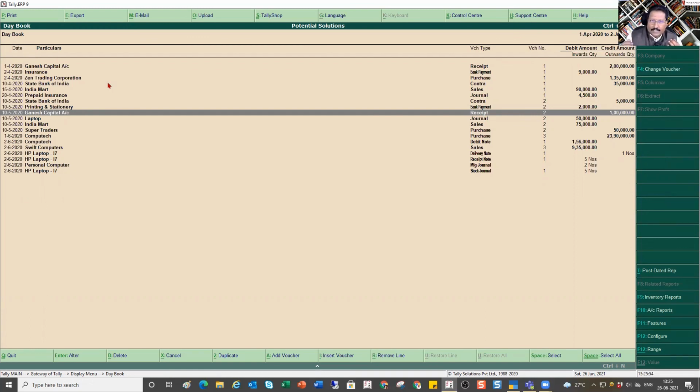So this way, I hope this session would have given you an idea of how you can manage your vouchers with these various exceptions. And let's meet again in our next session. In the next session we will discuss the bill-wise detail, which is the receivable and payable management, which is again a very important and critical feature that is required by every